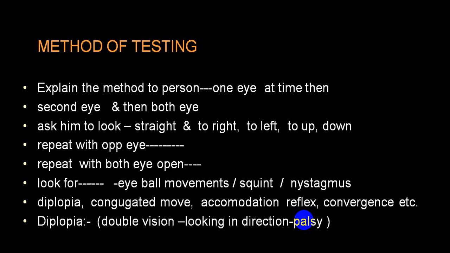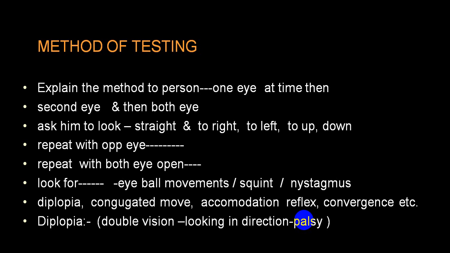Now you ask the person to look straight, and then you ask him to look to the right. Either you can show the finger or you can just order, look to the right, look to the left. This has to be done in one eye only first, so you will have to close the opposite eye. If you are testing the right eye, the person is supposed to close the left eye, and then you look at the movement in that one eye. Then you can repeat the test in the opposite eye, and then you can keep both eyes open and do the test. You ask the person to look to the right, look to the left, look up, look down, and then in the 4 oblique quadrants. During this, you look at the eyeball movement.